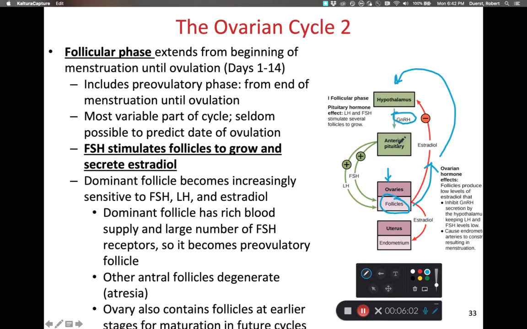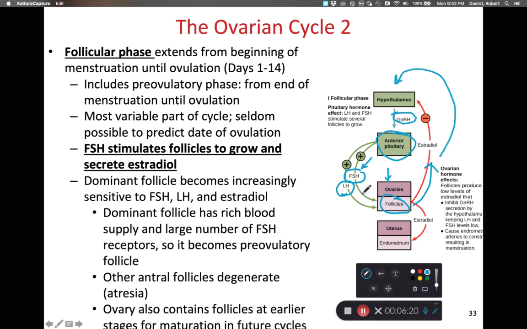And we'll have a very small amount of GnRH going to the anterior pituitary gland. That very small amount of GnRH goes to the anterior pituitary gland and causes the anterior pituitary to release luteinizing hormone and follicle stimulating hormone. And in particular, follicle stimulating hormone